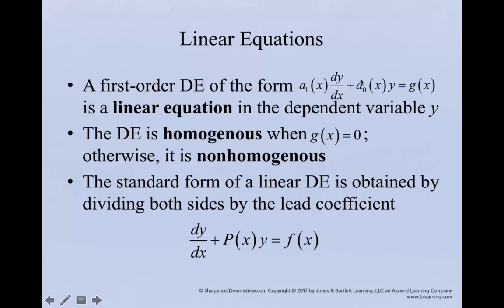So the first thing to do is to take your first order differential equation and divide everything by this coefficient a1 of x, which can be a constant, can be a function, could be 1. So you divide through by that and you put the equation in standard form. So standard form always has the first derivative of y with no coefficient, the y function with some functional coefficient p of x, and then equal to f of x if the equation was